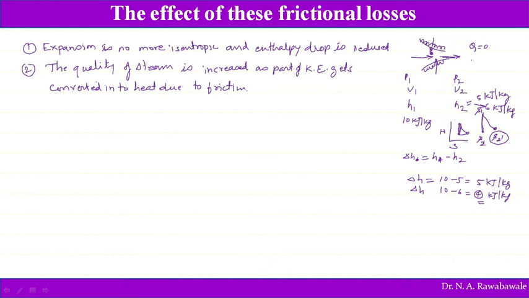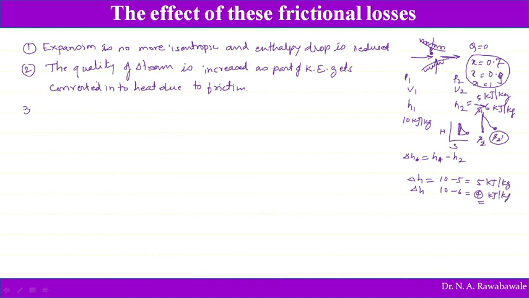Expectation is, say for example, steam coming out should have 0.7 as the dryness fraction, but because of heat produced this dryness fraction may be 0.8. Quality of steam is going to improve, or it may be 0.9, or it can be x is equal to 1. So the quality of steam gets improved because heat addition takes place, which is produced due to friction, with increase in enthalpy. So here enthalpy is going to increase.